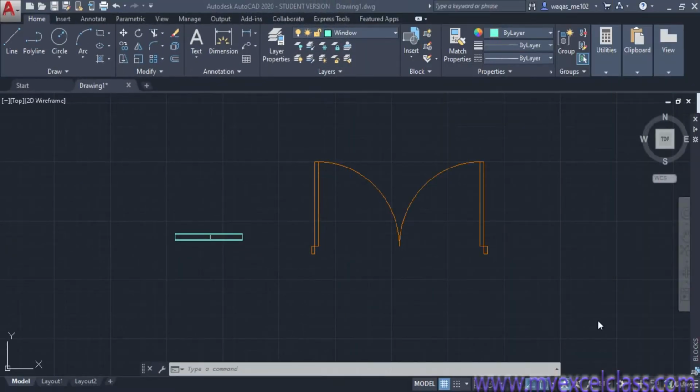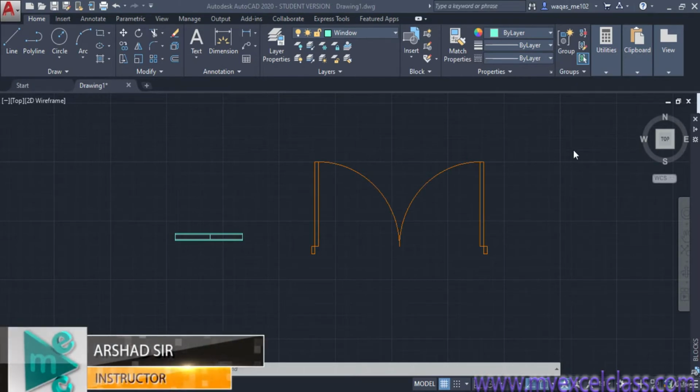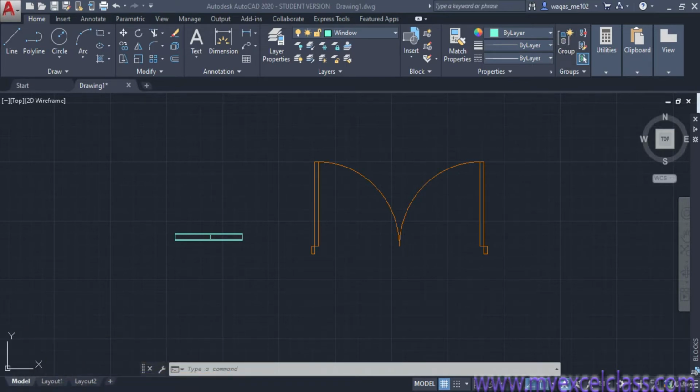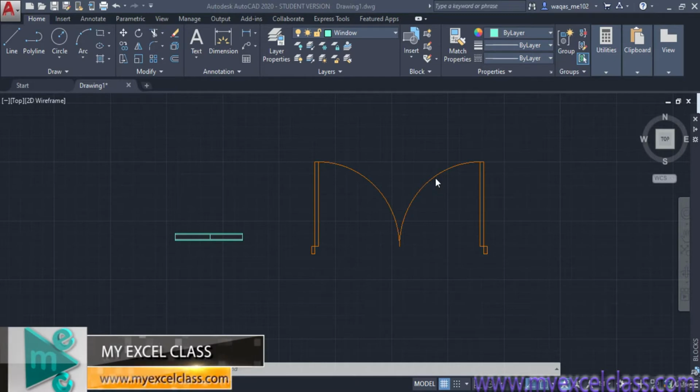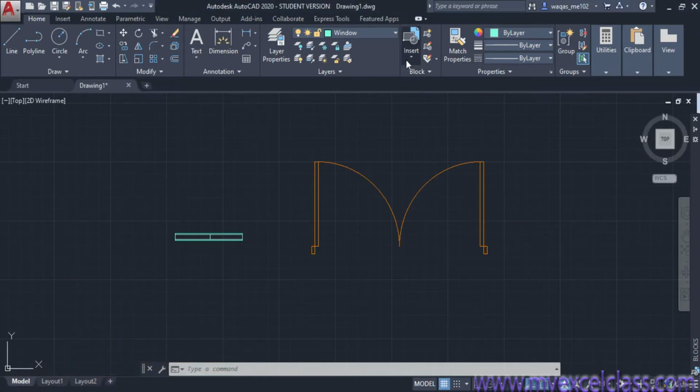Welcome to the 14th lecture of the AutoCAD. In this lecture, I will teach you about the group. Before starting this one, I want to explain one thing: in previous lectures we have learned how we can build a new block, and how we can insert it. Just like here's a few examples.